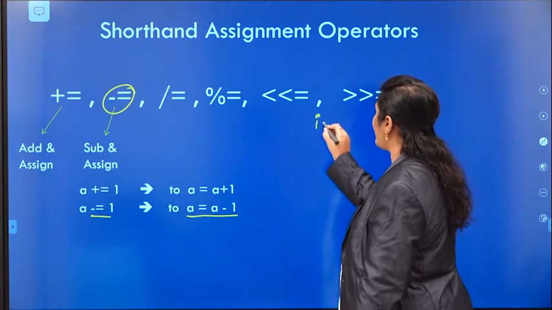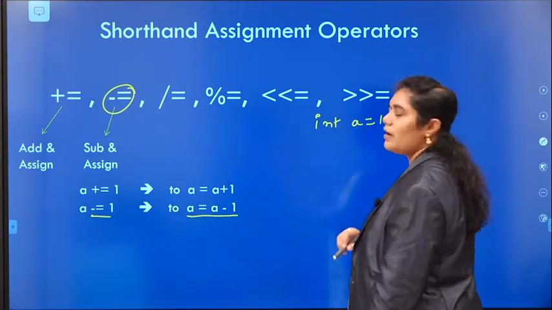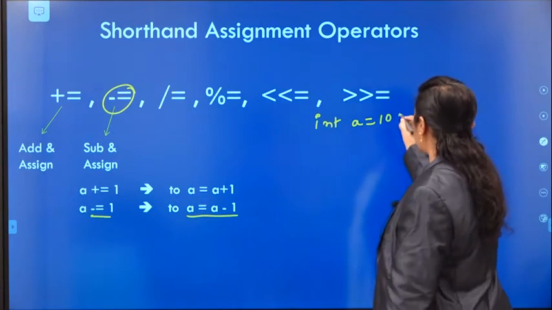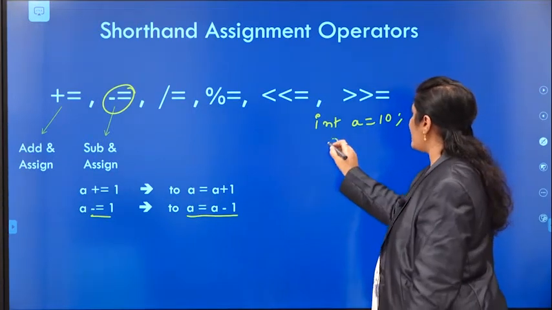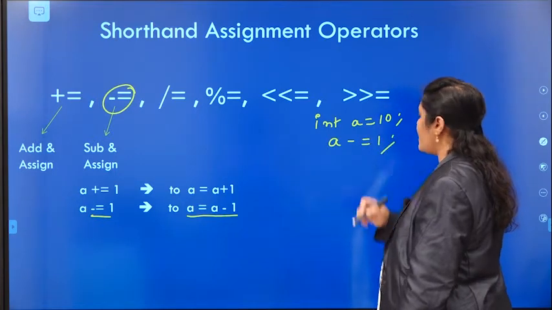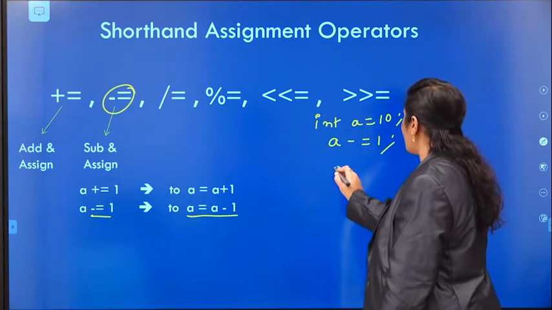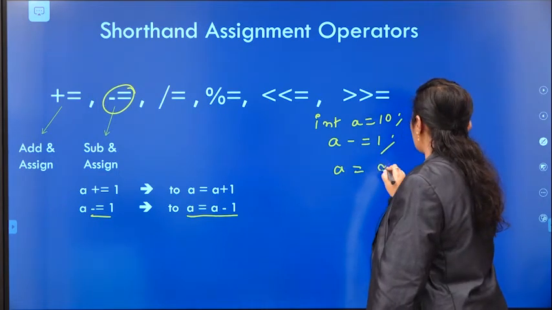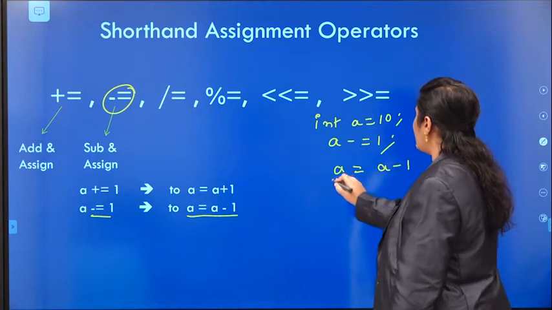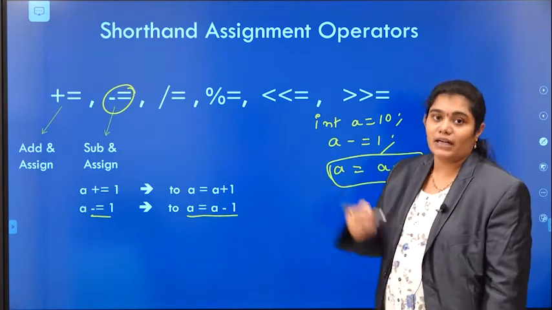Again, the same example. Consider int A equals to 10. What is our expression? A minus equals to 1. That is nothing but A equals to A minus 1. This will be considered by the compiler internally.